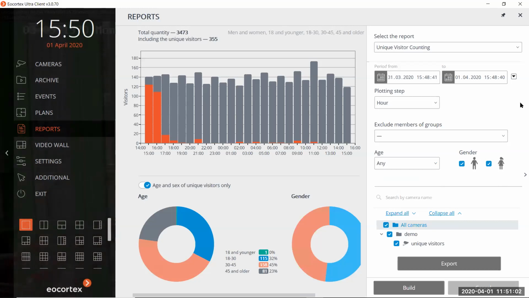So in this case, we can receive the report from this module, unique visitor counting. We can export it and send it to the marketing team.